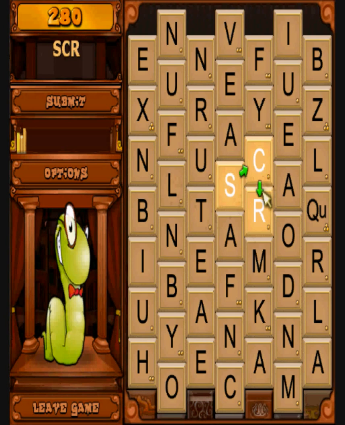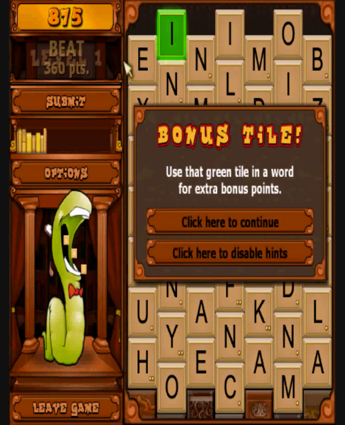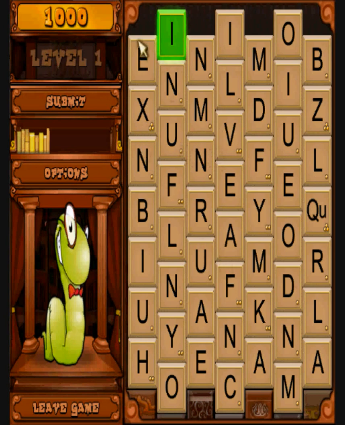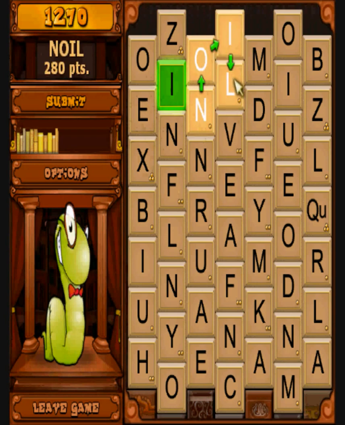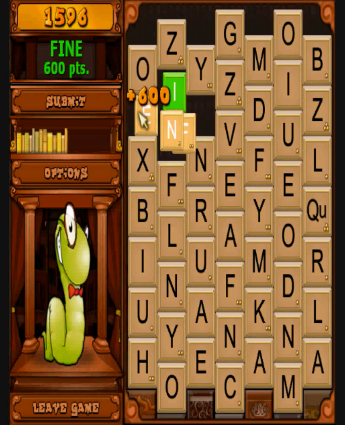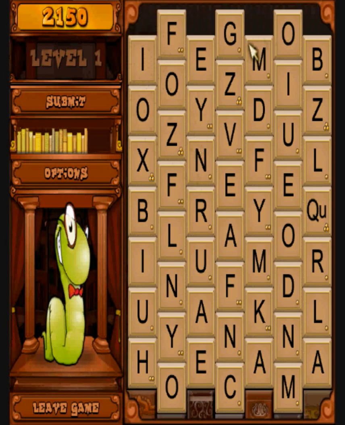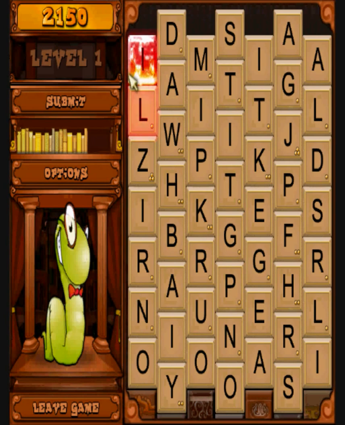Trying to find a good word here. There could be hints too if you want. No, I'm not the world's best speller, but I'd say I'm pretty good at it. Oh, and by the way, if you click legs, you can scramble. You want to watch out for these tiles because if they get too far down,